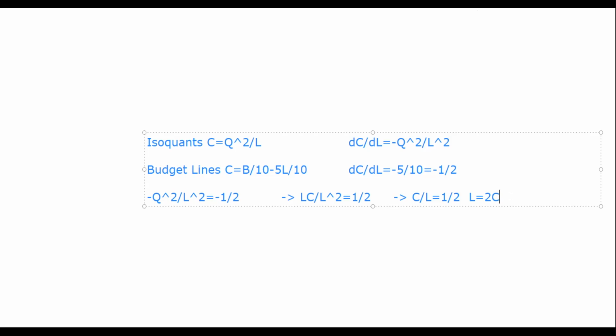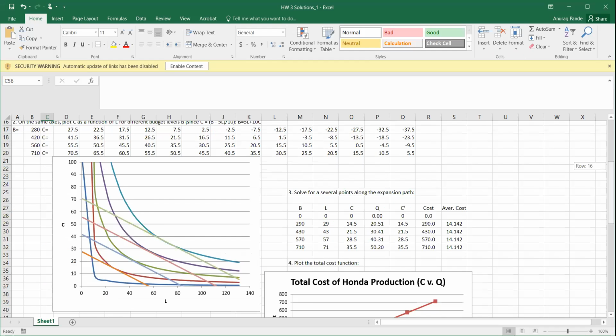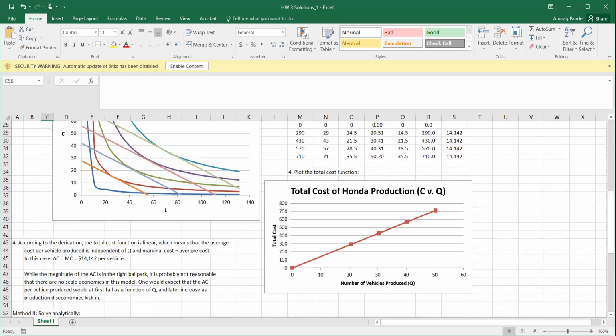So let me go ahead and stop sharing the whiteboard, and let's go back to the Excel file. So once you figure out that L equal to 2C is your expansion path, this is what that path is going to look like. L equal to 2C. And if you draw that line out, you can see